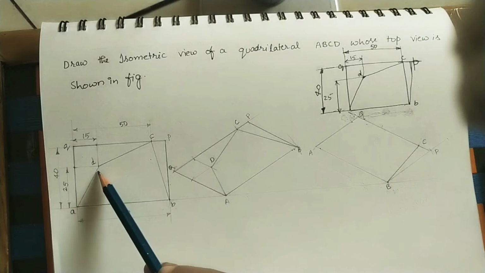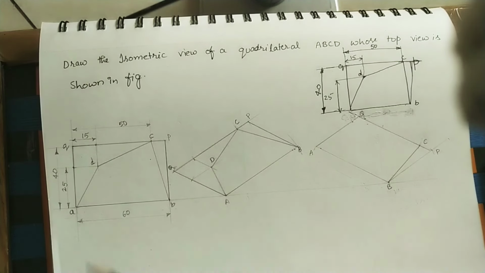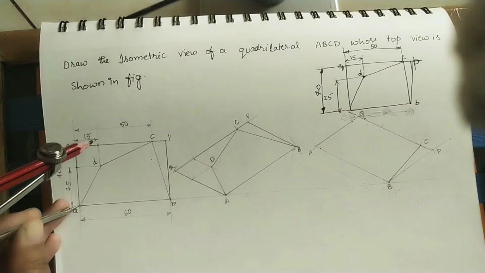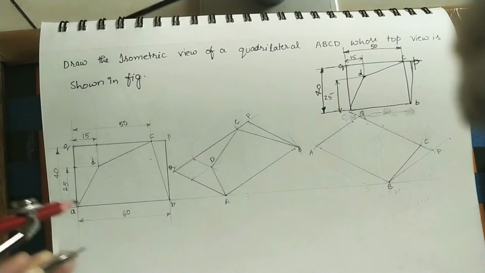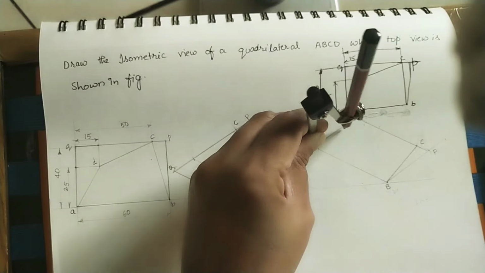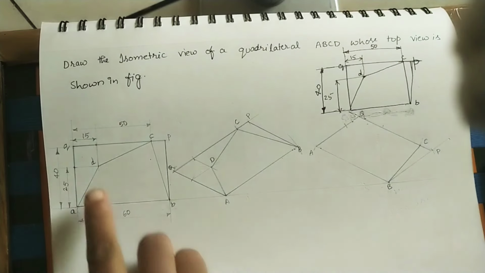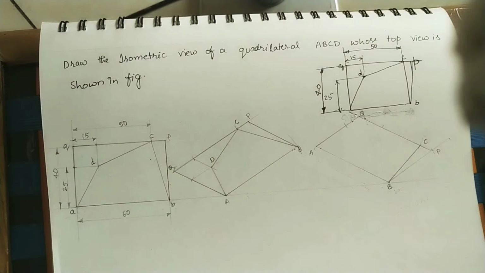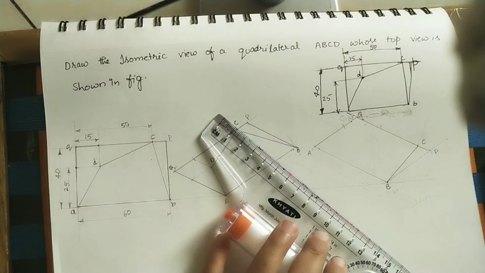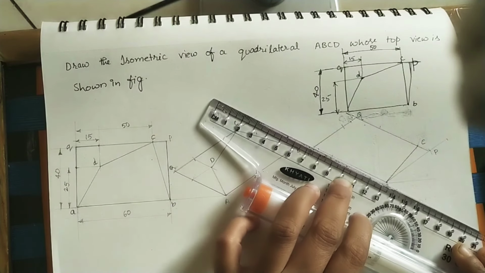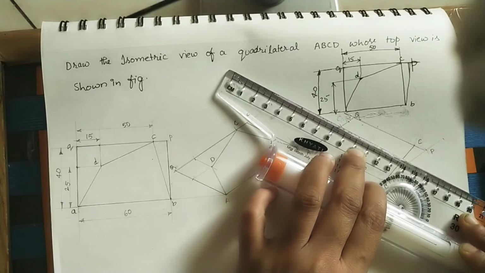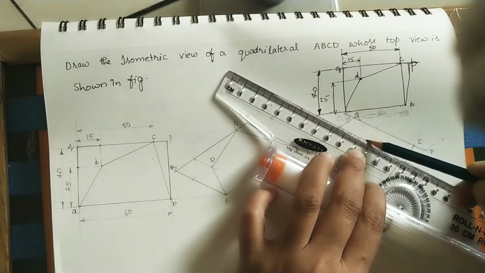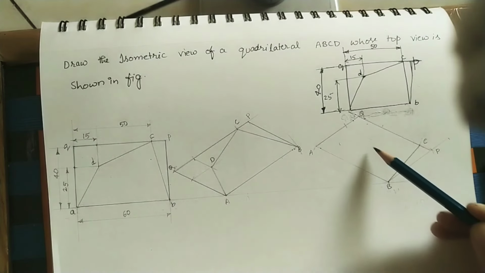And then mark D point. From A it is 25 mm. Take this 25 mm, from A mark this distance. So here do the line parallel to this AB. At this point, do the line parallel to AB. Keep the scale at AB and move the scale up to this. Do one line of some length. Here I did the one line.